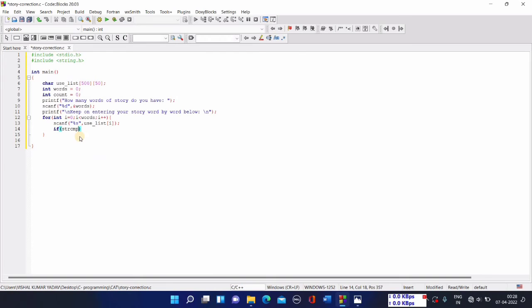strcmp. What does this mean? This function strcmp is used to compare two strings, and if the two strings which we are comparing are equal, then it will return 0 as the value, and if they are not equal, it will return a non-zero value. What will I be comparing? I'll be comparing the word. This is a word which will be given by the user as input, and another word which I'll be comparing is